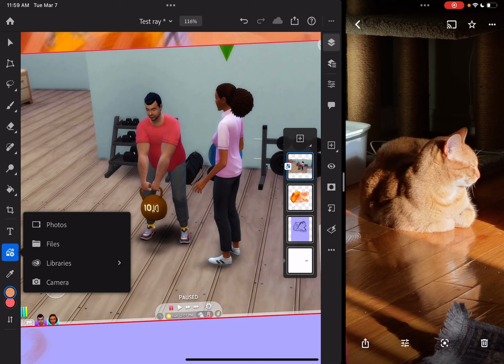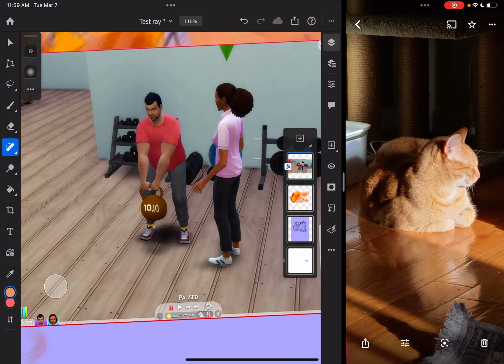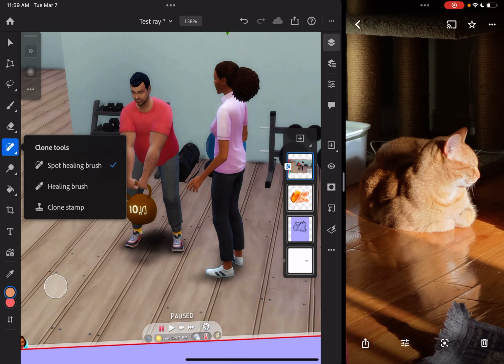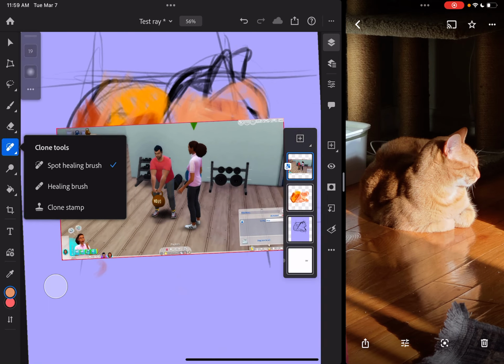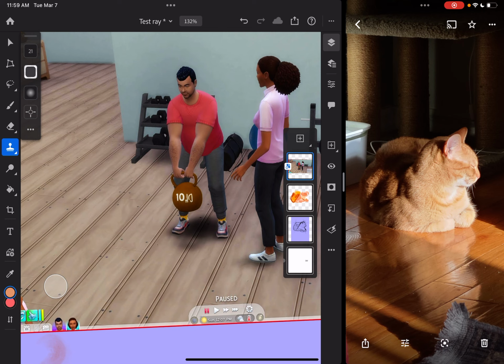Regardless, how would I make this man disappear? In Photoshop, I told you about this magical little Band-Aid tool. I can open up the Band-Aid tool, and we have a few different things in here: Spot healing, and the clone stamp. The clone stamp is the coolest one in terms of what it can do. I take the little tiny blue anchor in the upper left, click it, and find an area that I'm going to sample from. What this does is say, okay, anything you paint is going to be taken in relation to that dot. So now,